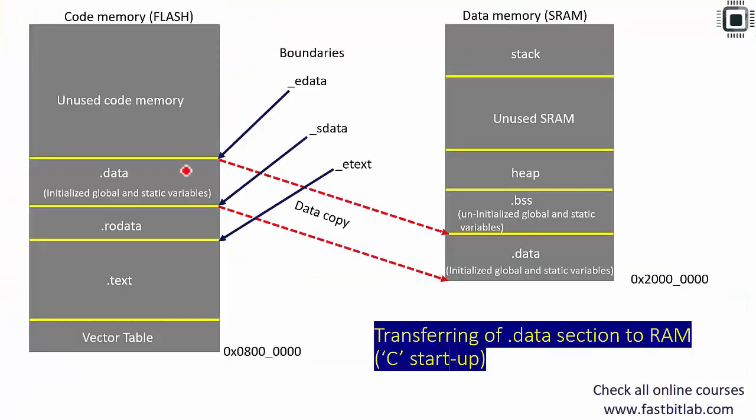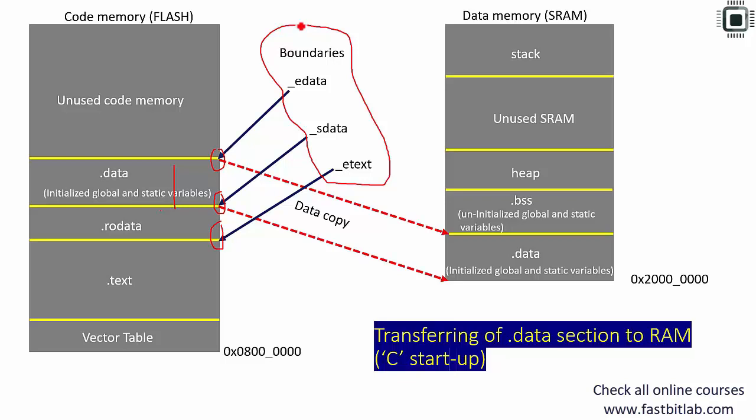Now you have to do the data copy from flash to SRAM. How do you know the boundaries? You need to have this boundary information and size information. Without knowing this boundary information, you cannot code those data copy operations. That's why this boundary information has to be exported from the linker script to your startup file. Then you will be able to implement the data copy in the startup file. That's why in the next lecture,